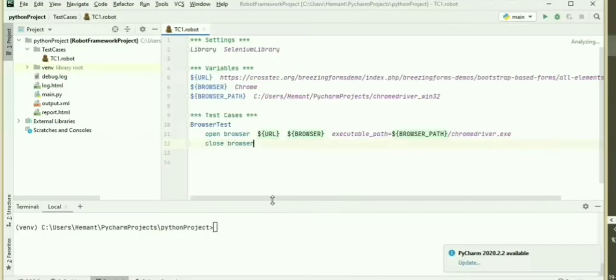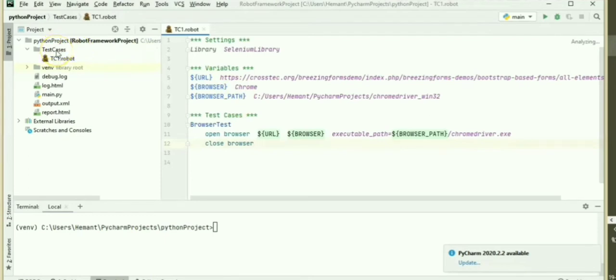Okay, so now move to PyCharm IDE. So guys, this is a PyCharm IDE. I have already created one Python project here. In this project we have already created one script where we are opening a browser and just closing the browser. In our last session you can see this video where we created all these steps one by one. Okay, so now we will just move to the project sides.